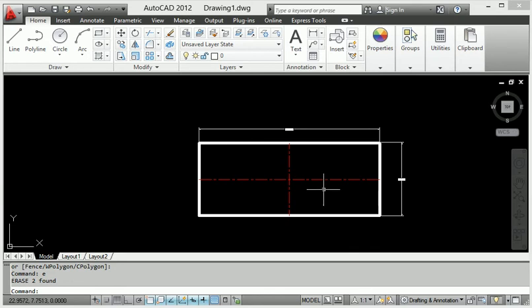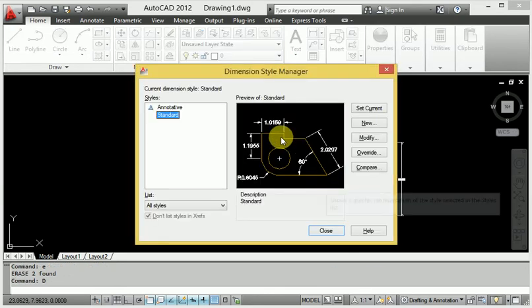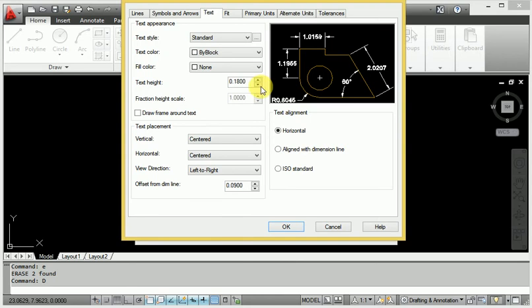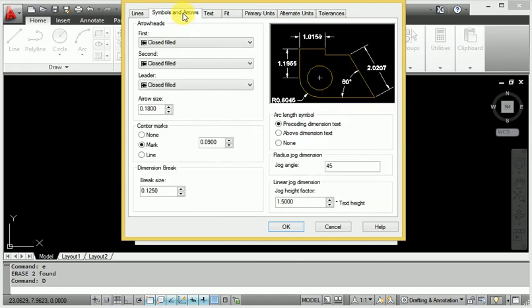So first of all, go to D, enter, then here look at this, and I want to modify. When increasing this text height, first of all, which type of arrow do I want? Architectural arrow.